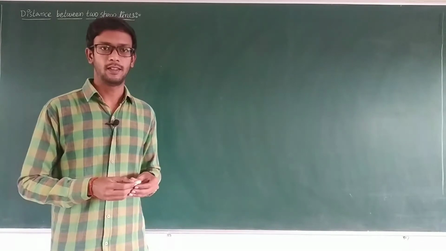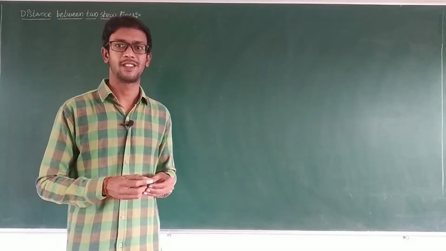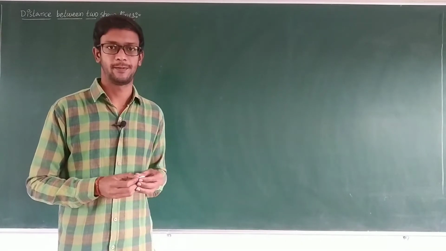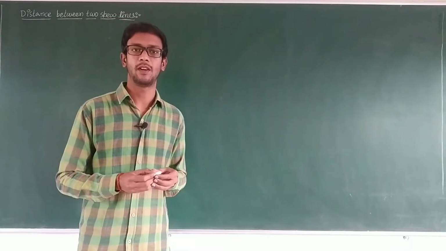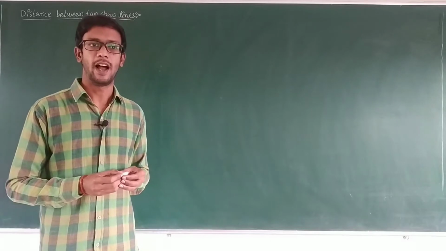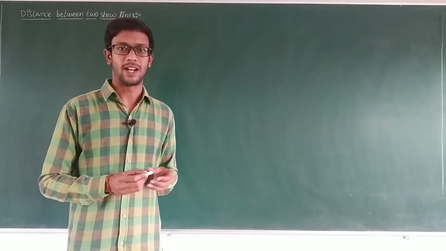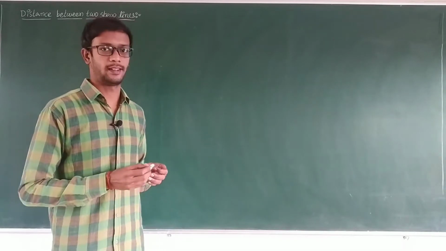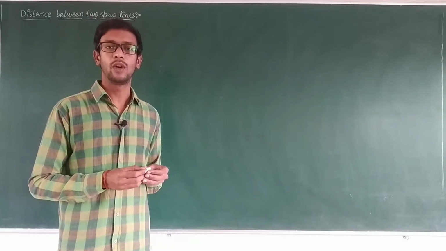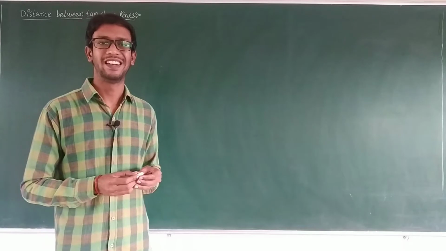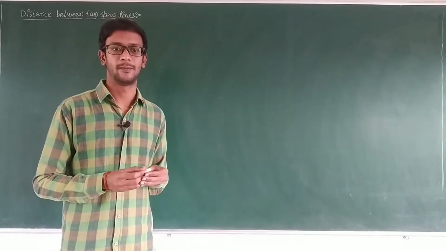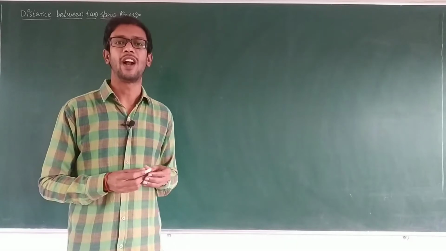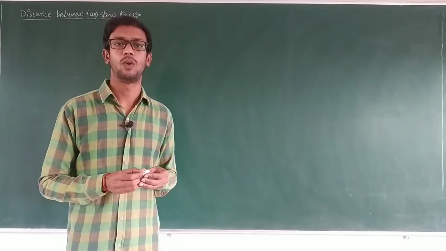In the previous class, we discussed the straight lines concept, lines in a space. Two different types of lines we discussed, and the angle between the two lines. Last class we discussed the angle between the two lines. So now, today's class will continue with the distance between two lines. Distance between two lines is nothing but the shortest distance between two lines.